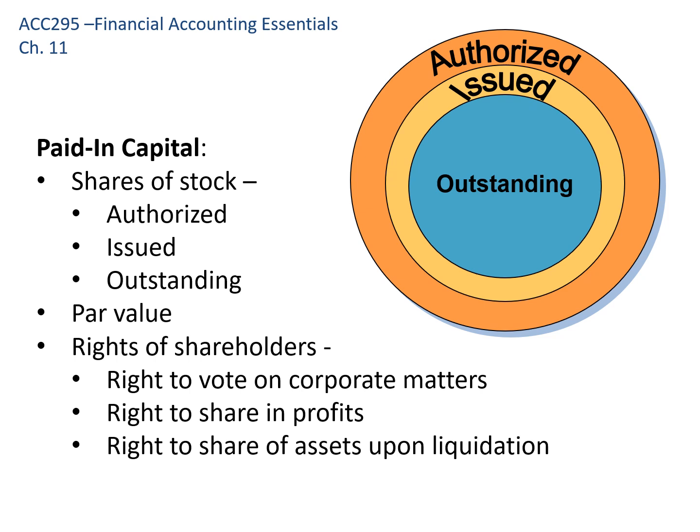And then the last category are the ones that are outstanding. Those are the ones that are still owned by shareholders. The difference between issued and outstanding would be the shares that we've repurchased. So the company has bought shares back from its shareholders and the company is holding them. That's the difference between issued and outstanding. Those are called treasury shares or treasury stock, and I'll talk about that shortly.